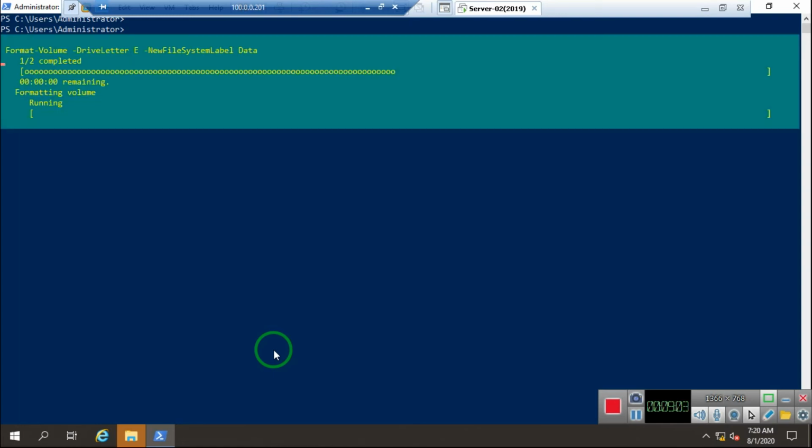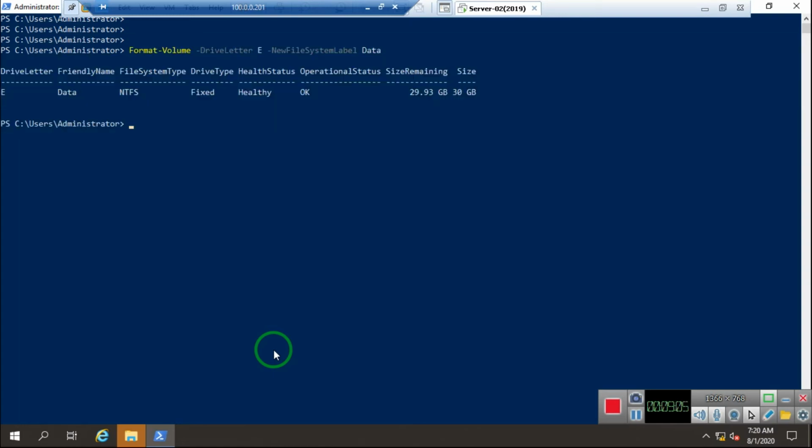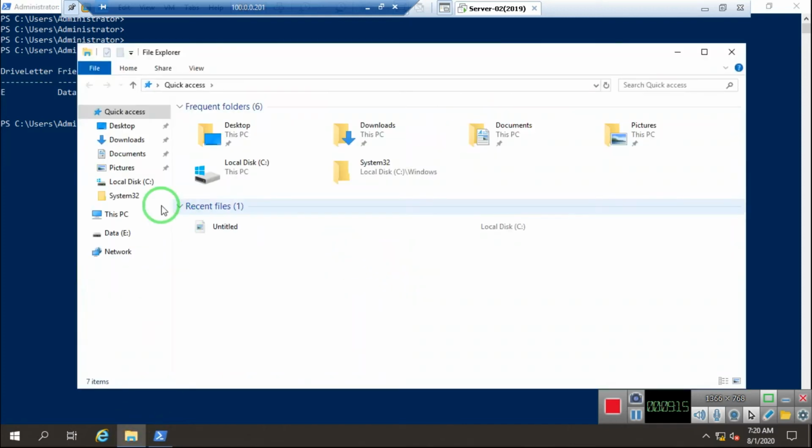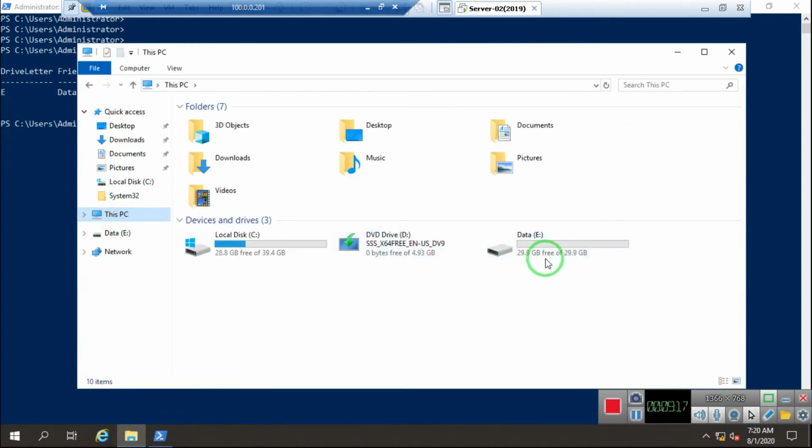You can see that it's formatting my drive E with NTFS. Now if I open File Explorer, it's showing me the size because I formatted with the NTFS file system.